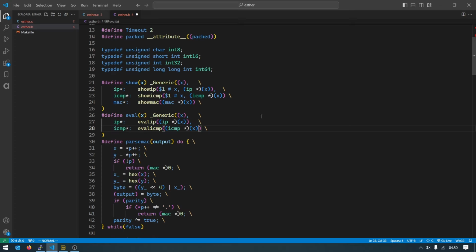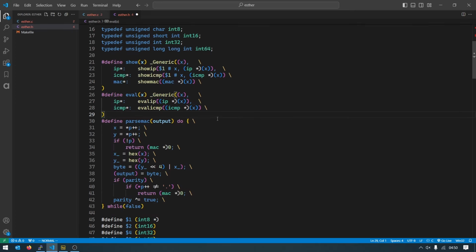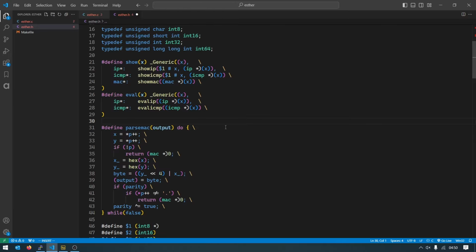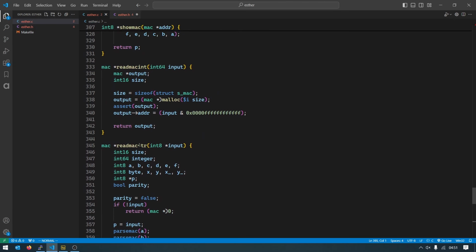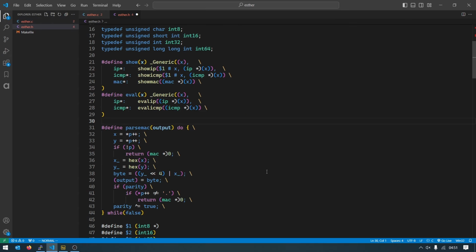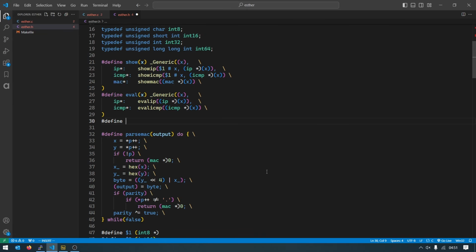And eval we haven't done yet, but we want to do something similar for the different parse functions. So what did we call those? Readmac string and readmac int. So we want to have one which is called make mac, takes in an x and we want to do a generic of x,